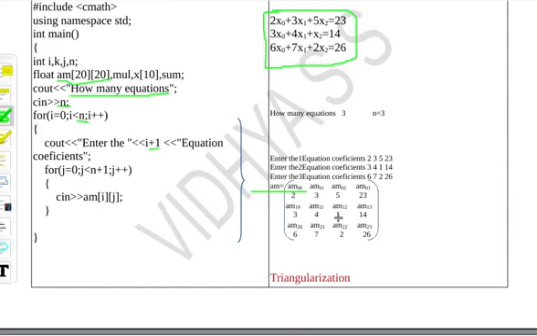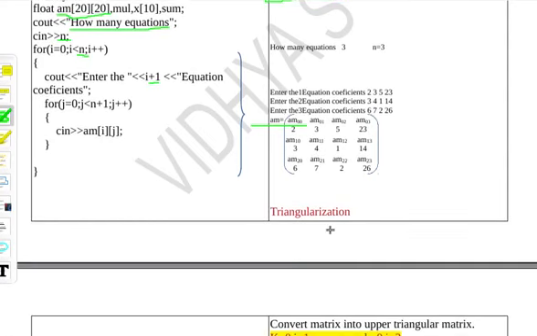Now I have formed the augmented matrix. Then I need to do the triangularization. In triangularization, I will make these values 3, 6 and 7 as 0. In order to make these values 0, first I have to find a pivot row. First time the pivot row is this, second time the pivot row is this, and if I have more and more rows, it will continue.